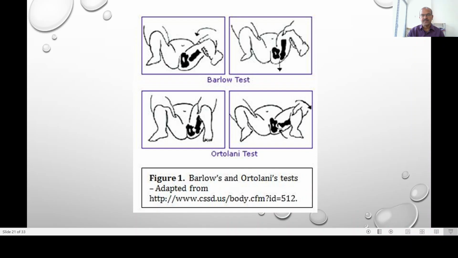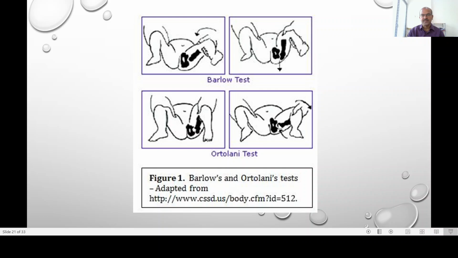So remember that both these tests can be painful to the baby, and don't keep repeating them, as if it is a dislocatable joint, it can damage the labrum of the acetabulum. So some countries do routine screening ultrasounds for all babies, like Germany and the Scandinavian countries. Most of the other countries do a risk factor based approach. However, remember that not having the dislocation at birth or not having a clicky hip at birth doesn't rule out the problem. So it's important to repeat the hip assessment for the first few months. So keep that in the background.